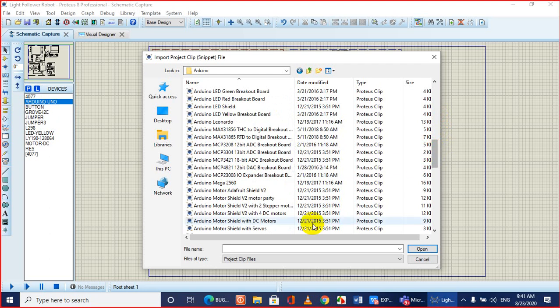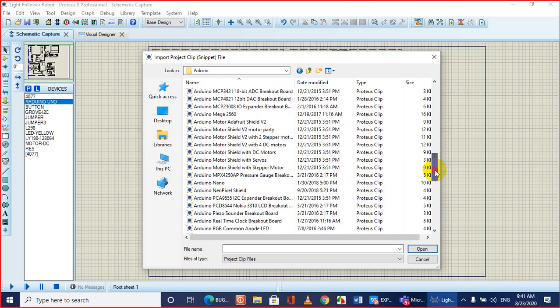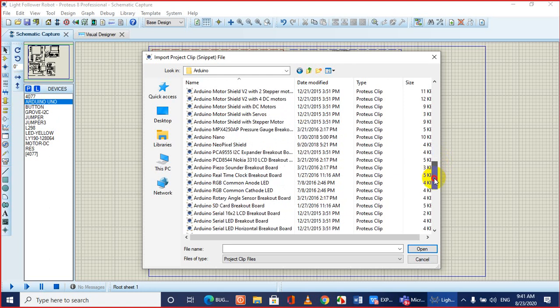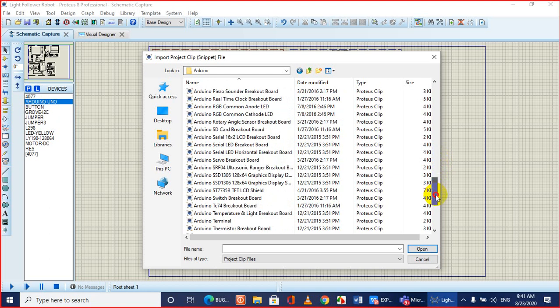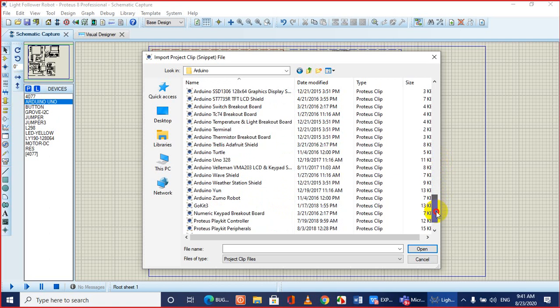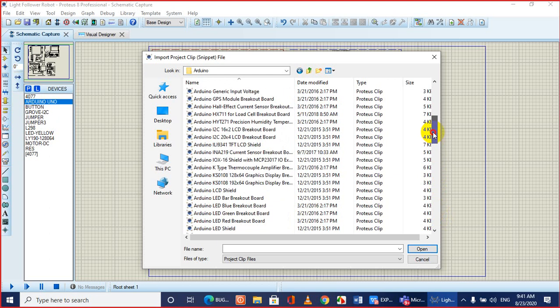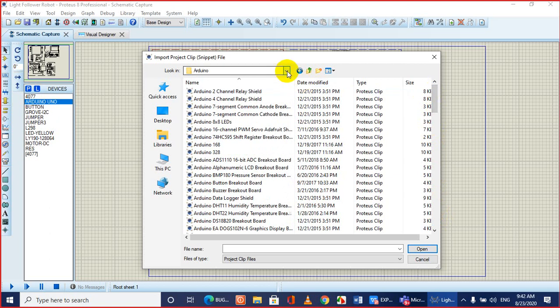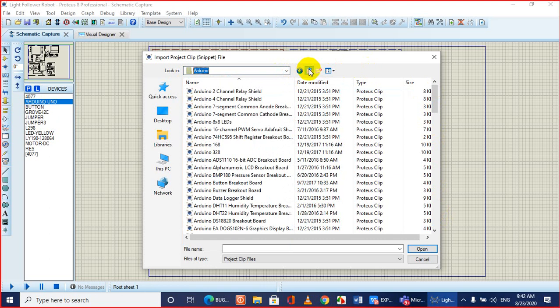Also, you can pick up the motor shield directly from here. If you don't find the component over here, I think you can choose the option group.